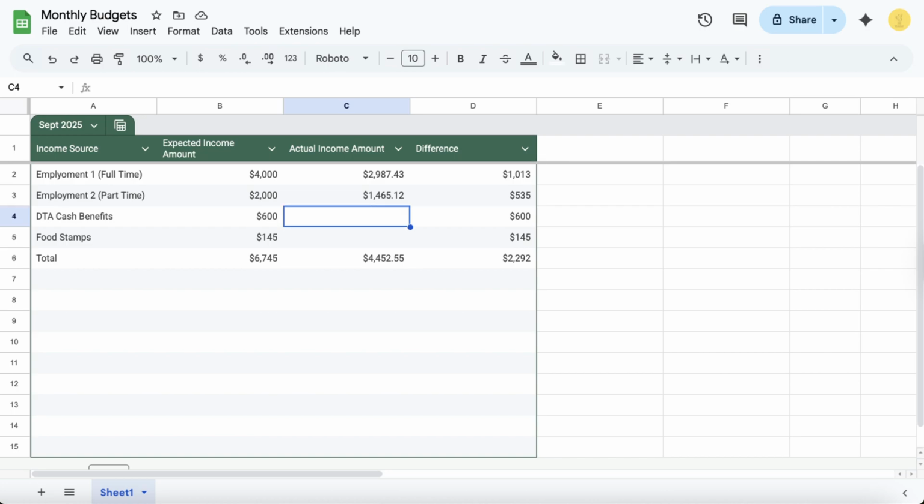Cash benefits. If you're getting cash benefits, those generally stay the same month to month until you do a recertification. So just for this, we're going to say it stayed at $600. We did get the actual income for that. And then the food stamps, we did receive the $145. So this is just your basic budgeting